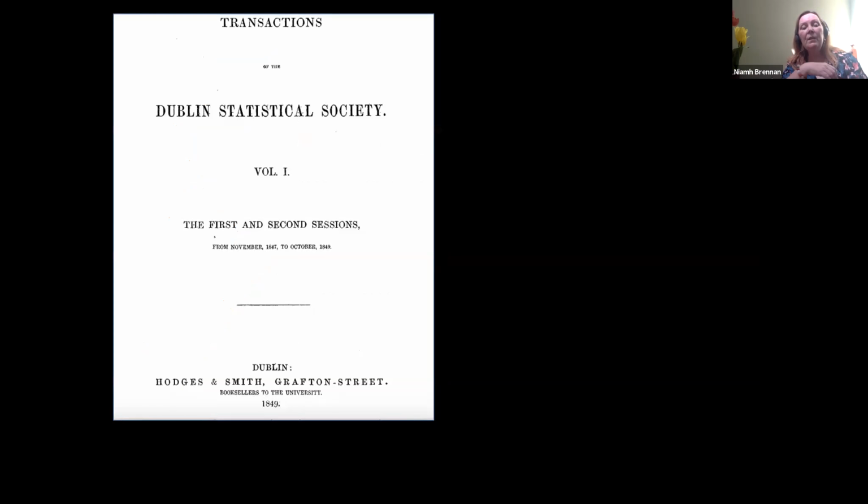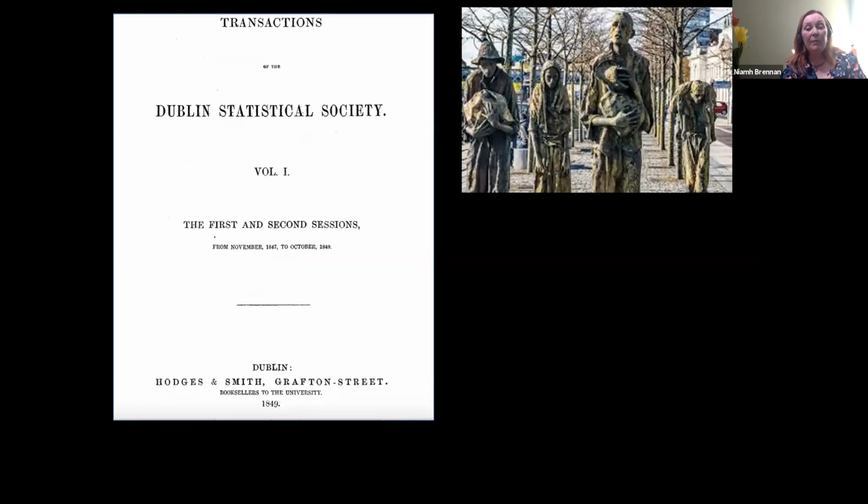This journal is the Journal of the Statistical and Social Inquiry Society of Ireland. It was published for the first time in 1847, a time of plague and, I think, pandemic and starvation, where the population of our country was cut in half at least. And that journal started off at that particular time in order to address the great challenges of our society at that time. That journal continues to be published.